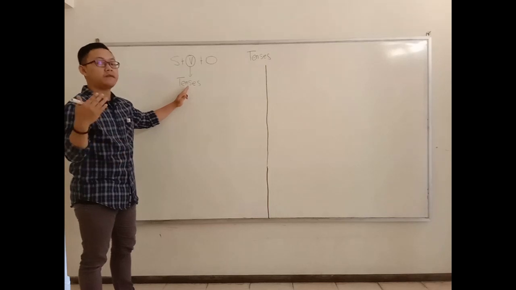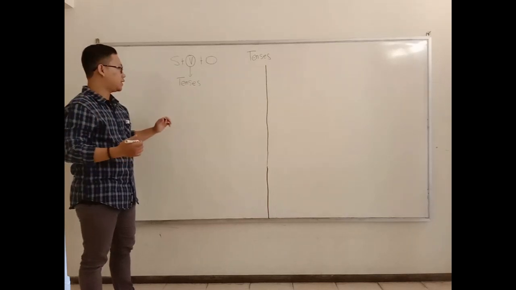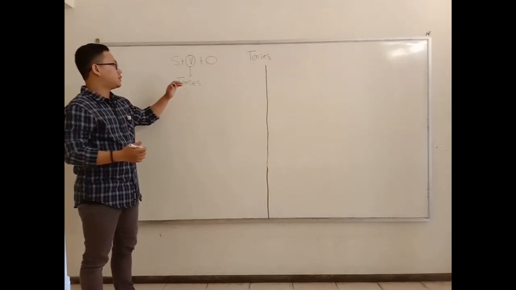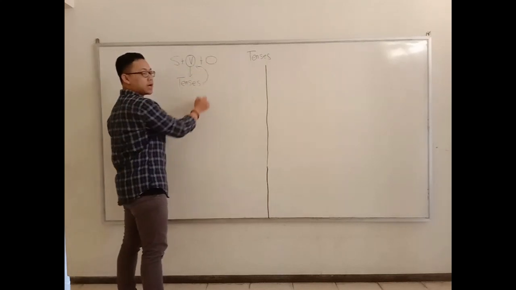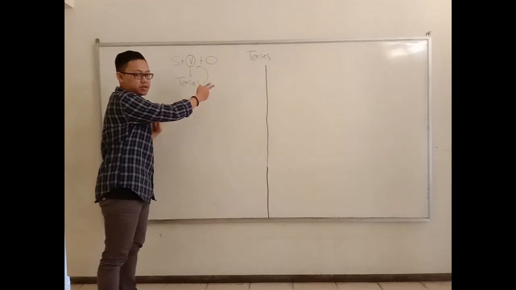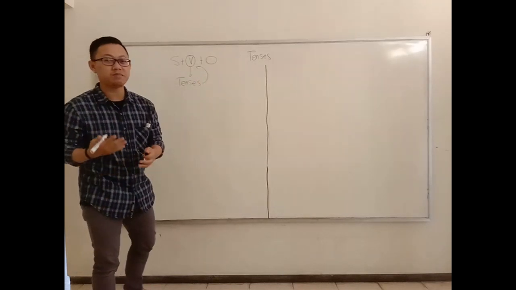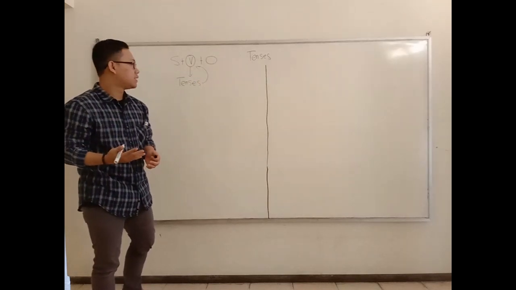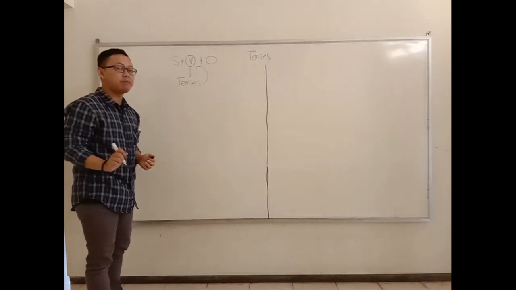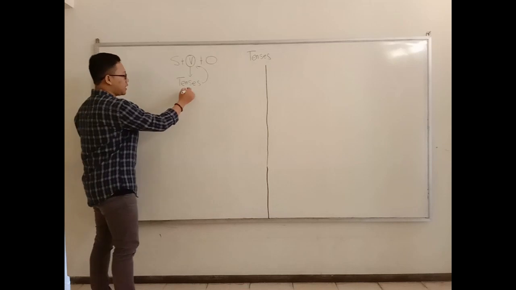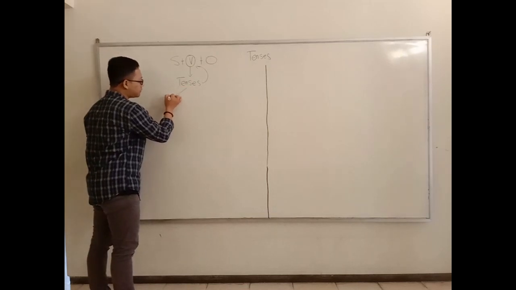Apa itu verb? Verb itu adalah kata kerja. Ingat, perubahan tenses itu terjadi pada verb, bukan pada subjek atau objek. Sesuatu yang berubah itu pasti ada penyebabnya. Begitu juga di tenses, itu pun juga ada penyebabnya. Dan penyebabnya di sini ada dua. Yang pertama adalah time,